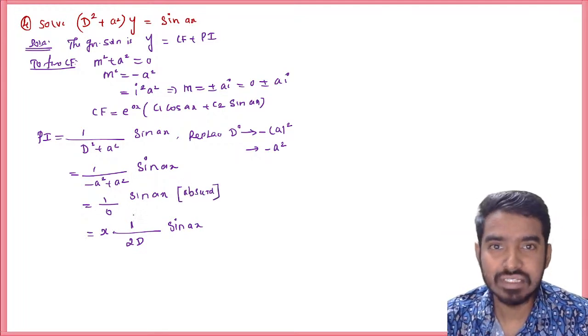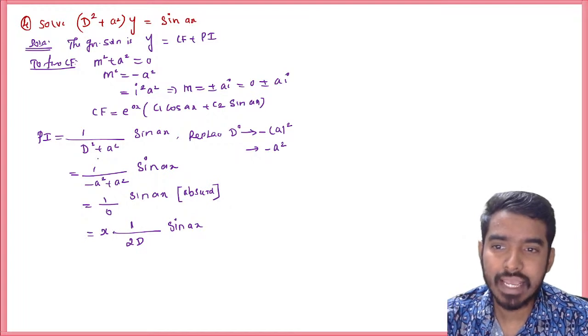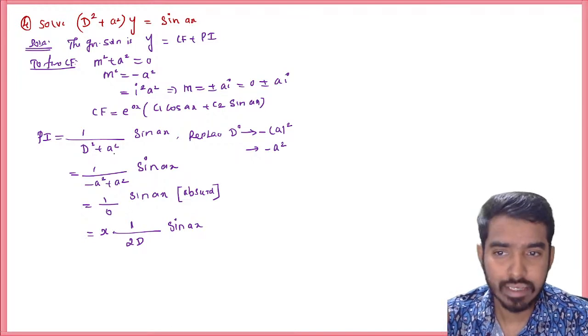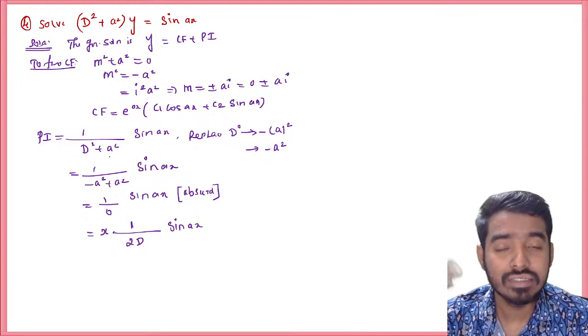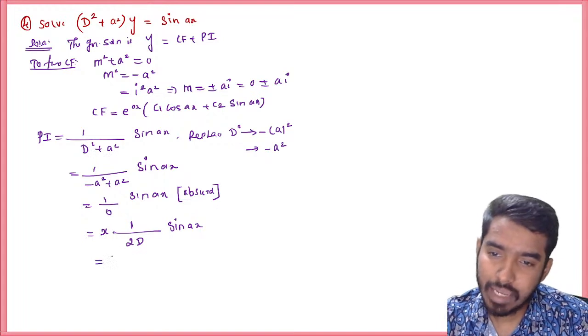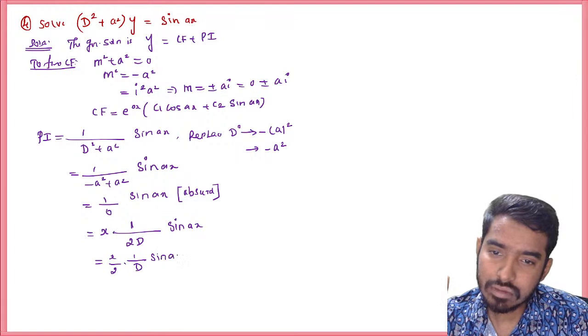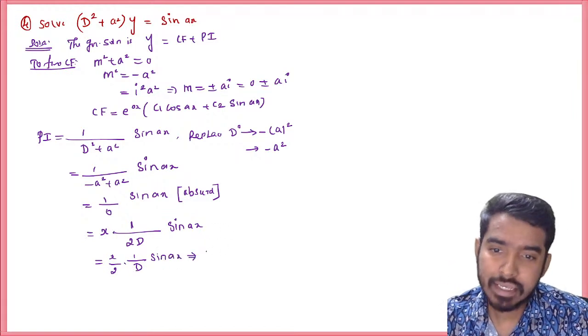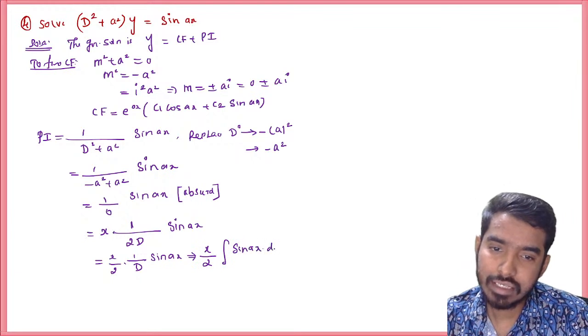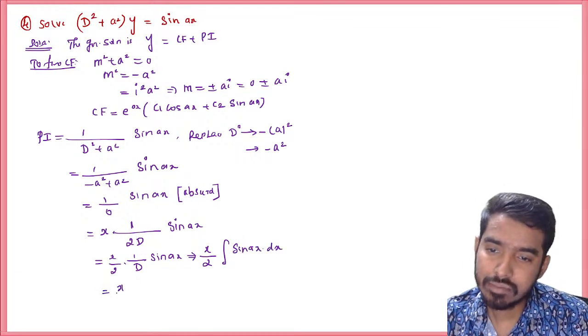We will call that absurd. So if you make use of case type 1 here, if you have 0 in the denominator, what we will do? We will multiply x and differentiate this term, which is 2D. A square is constant, so its derivative is 0. This can be written as 1 by 2, 1 by D of sin ax. So we know 1 by D is integration. So 1 by D is integration sin ax dx. So this will be x by 2